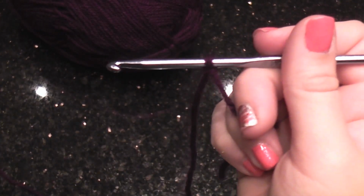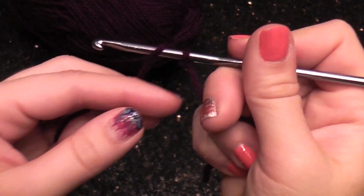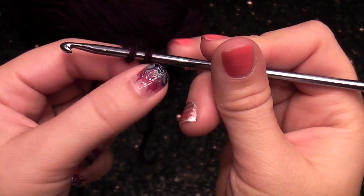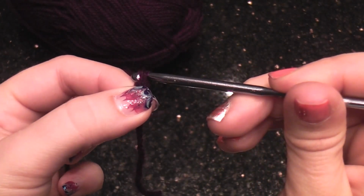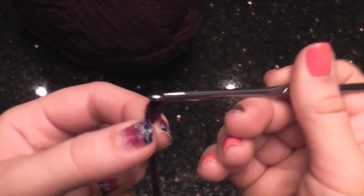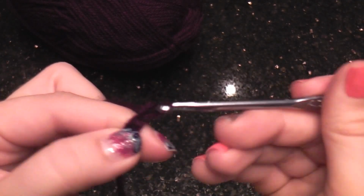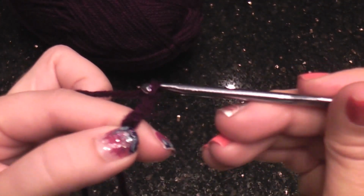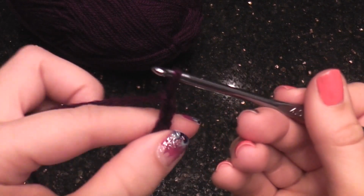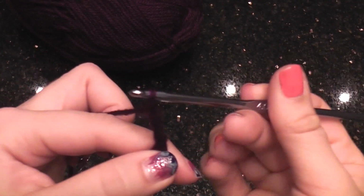Once you have your slip stitch on your needle, we're going to start with the chain 4. So you put yarn over the hook. I find it quite easy to hold onto the bobble at the bottom just so it doesn't move off, and pull through. So that's your first chain. Yarn over again, pull through 2 chains, yarn over again, pull through 3 chains, yarn over again, pull through 4